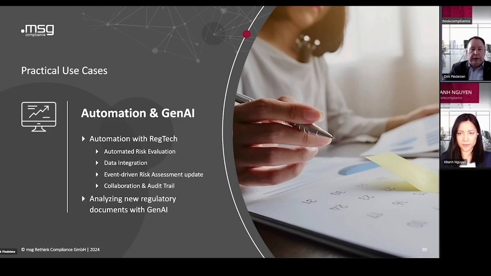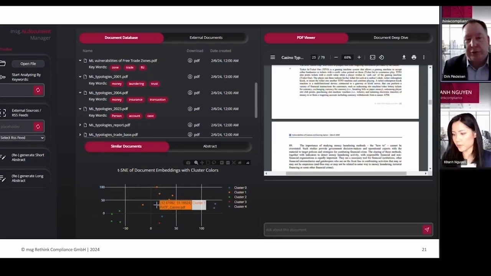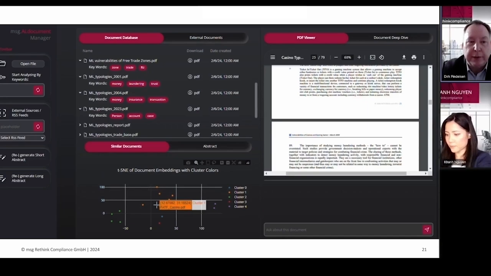So GenAI is obviously the big elephant in the room nowadays. There's no presentation that can go without having an idea about how to use GenAI in a specific situation or a domain-specific solution. We have been working on the AI side for multiple years already, and also with GenAI we have some experience.